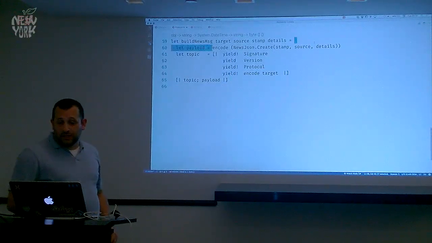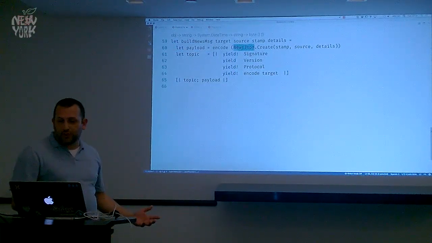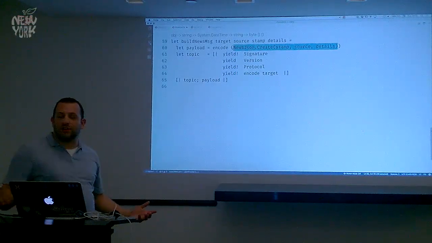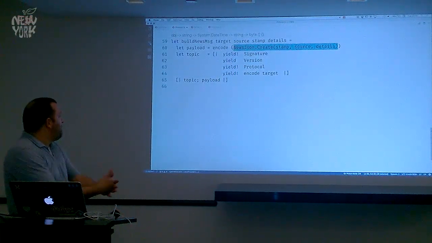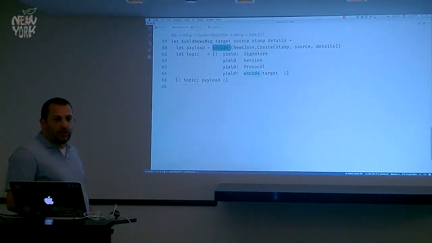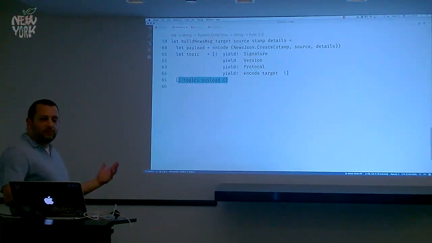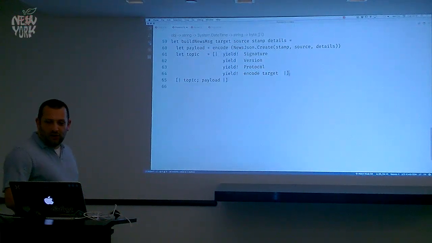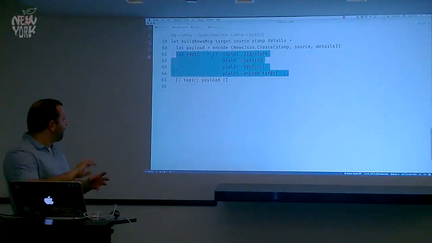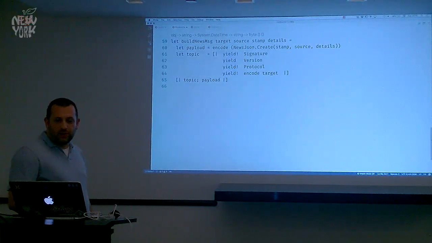The payload is, again, we use F-sharp.data. It gives you functions for emitting the JSON as well as parsing it. So we emit the JSON, we encode it in UTF-8, and now, boom, we've got our binary payload. There's our 2 frames. We've got our little comprehension for building our topic frame, and everything is hunky-dory.